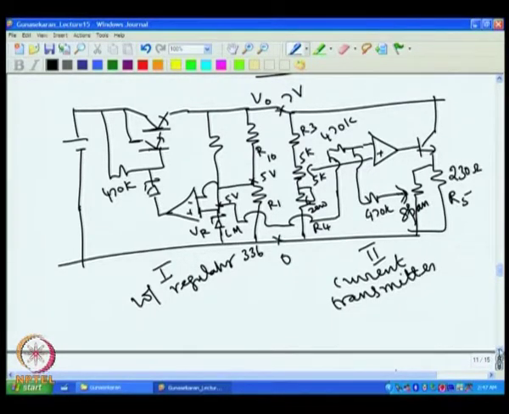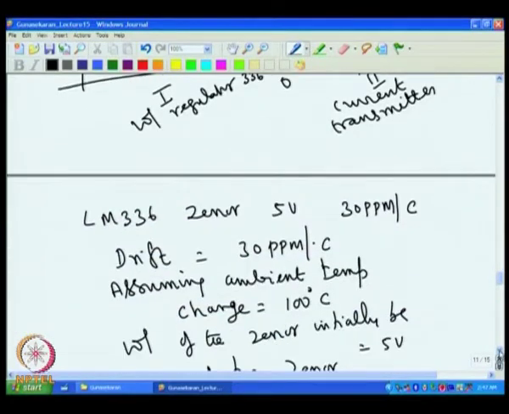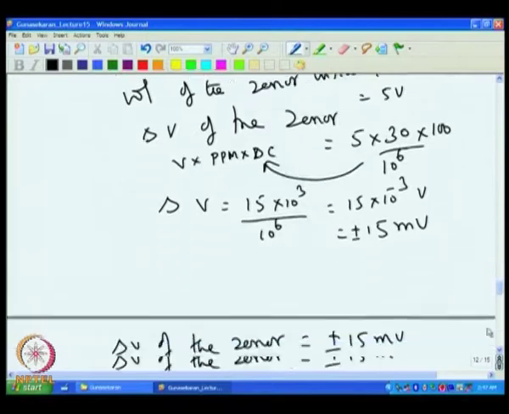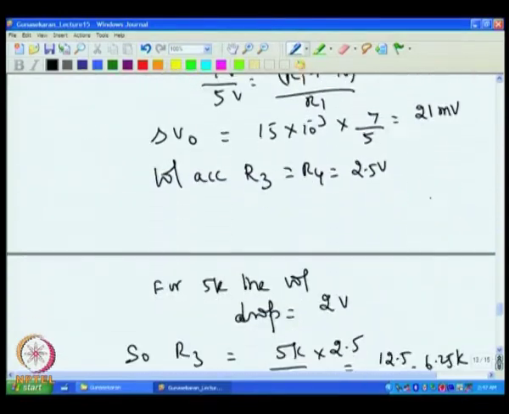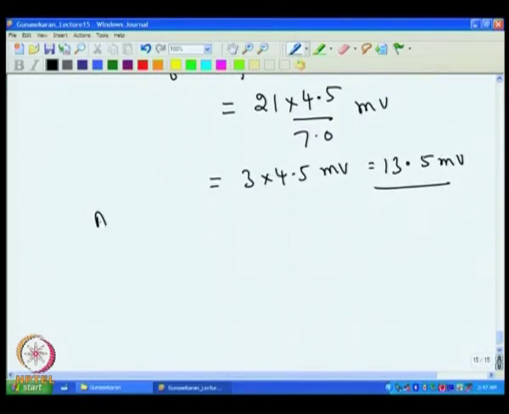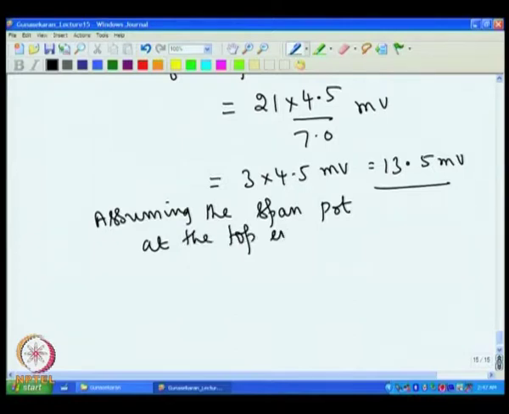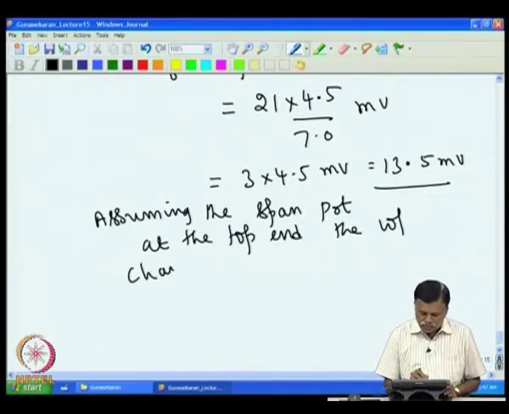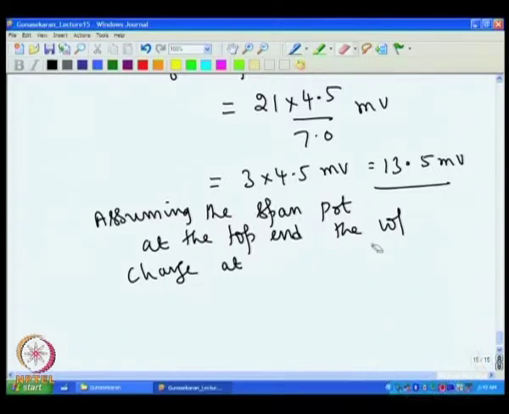So assuming the span pot is at the top end, then the voltage change